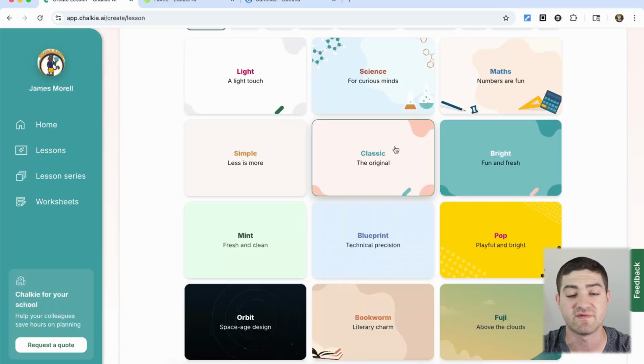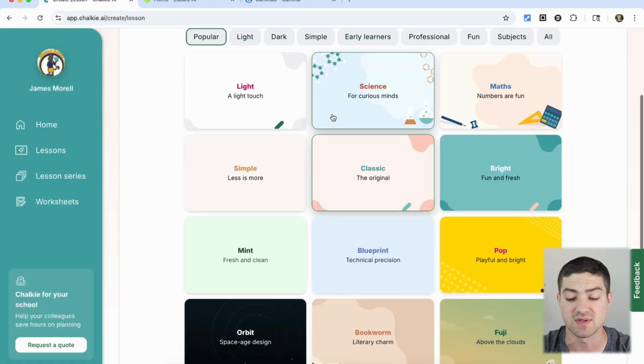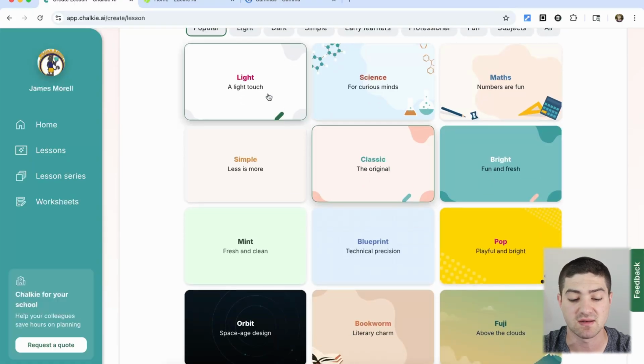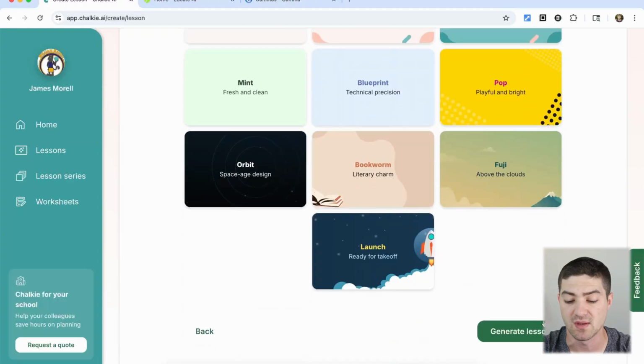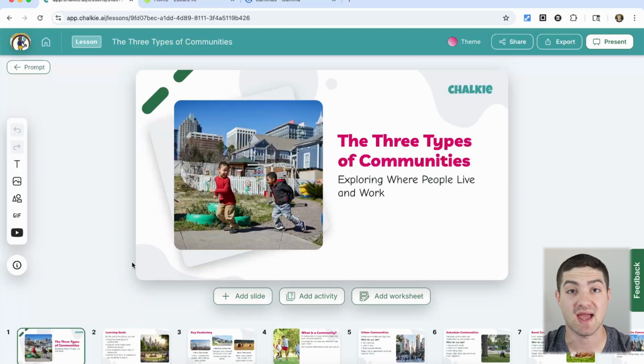Now you can choose the theme of your presentation. I like a lot of the ones that are offered, but I like to keep it light. I don't want to add too much to distract my students, so I keep it on the light one. And then I hit generate lesson. After about a minute and a half, it created me this 11-slide presentation